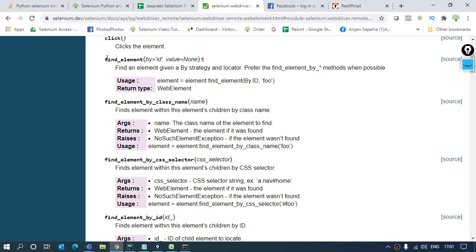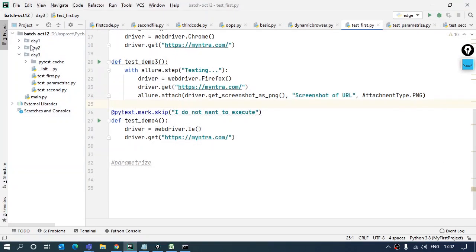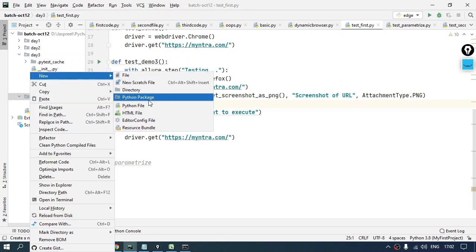So I told you about this find element command, right? In this find element command, there are two things that are going to be passed. First thing will be the locator or the attribute by which I am going to find. So how will it come? Find element bracket. If I'm using ID, then it will come in double quotes, ID, and then the second value will be the value of the attribute that is given on the web page, right? I'll show you. I'll make a package in my PyCharm, day 4, and let's name it object identification 1.